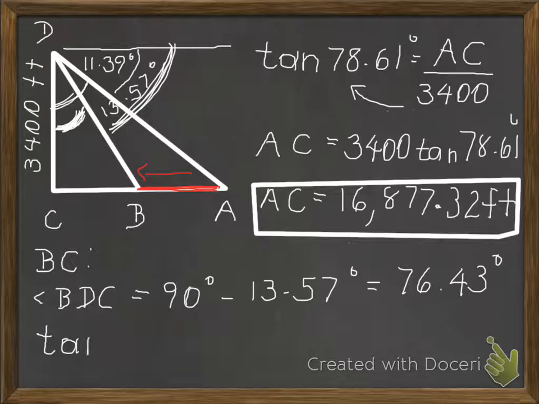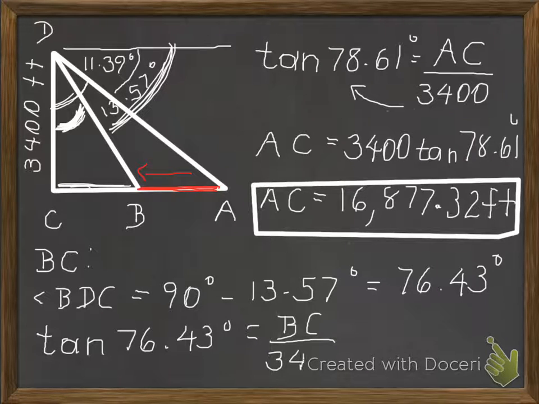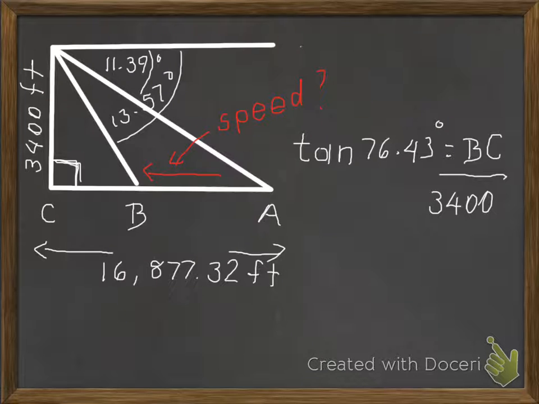Tangent of 76.43 degrees. Since this is now our reference angle, this is the side we're looking for, BC. BC is opposite that angle, so opposite over the adjacent, which again is 3,400 feet. To solve for BC, we multiply both sides by 3,400, and we get BC